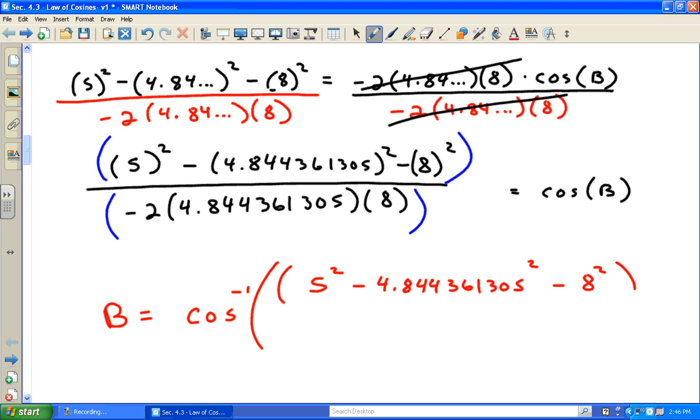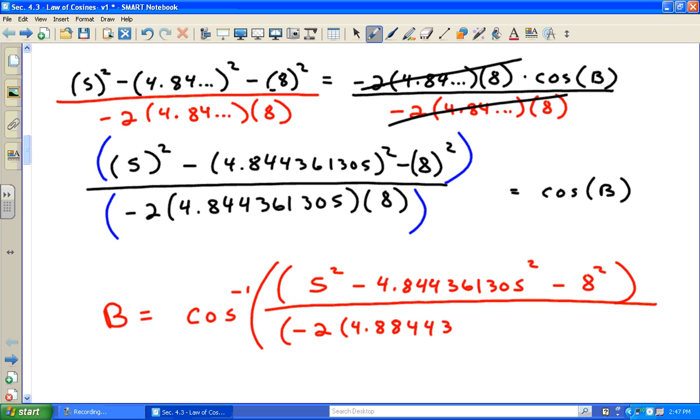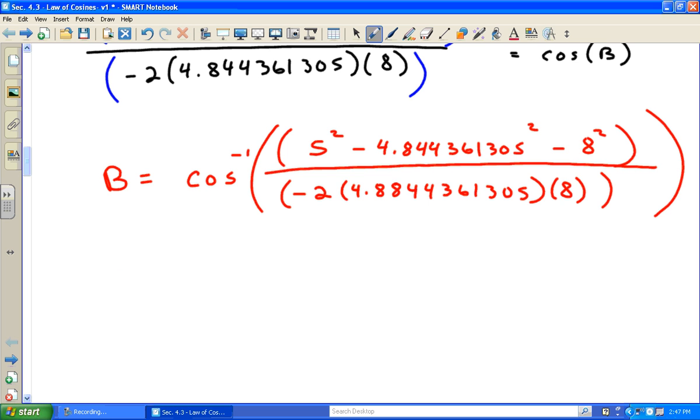Okay, you do need a parenthesis there to close off the numerator, and then divide, open parentheses, negative 2 multiplied by 4.844361305 multiplied by 8, and then close off that parenthesis, and you'll have to use one more to close off your inverse. Alright, so B equals, and here the value you get for B is